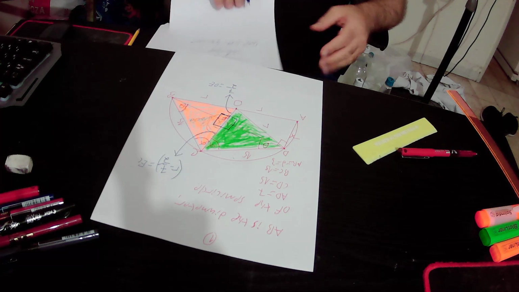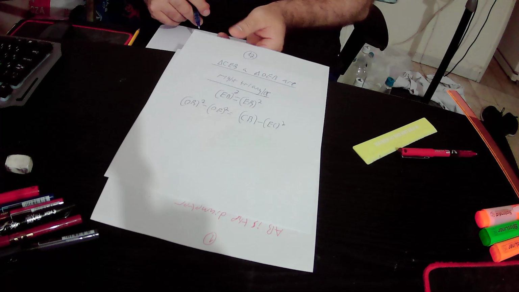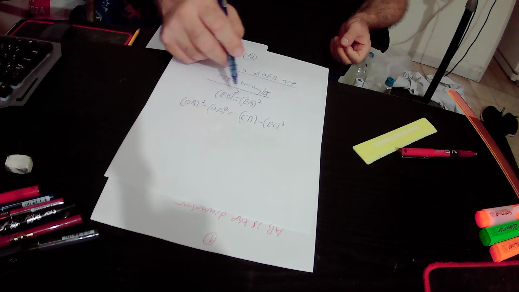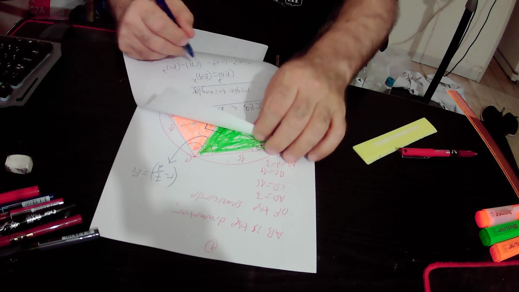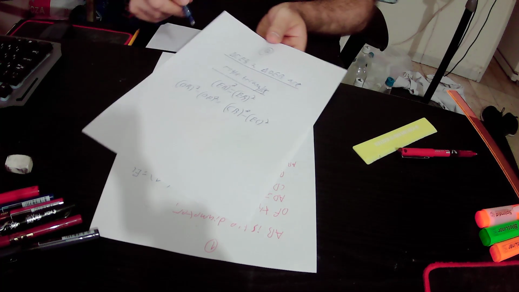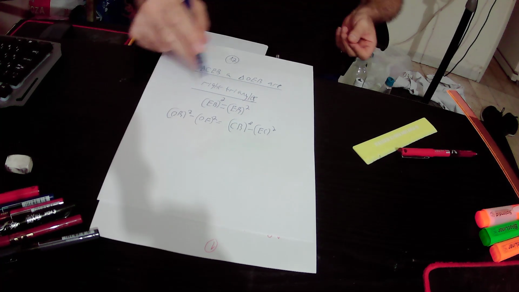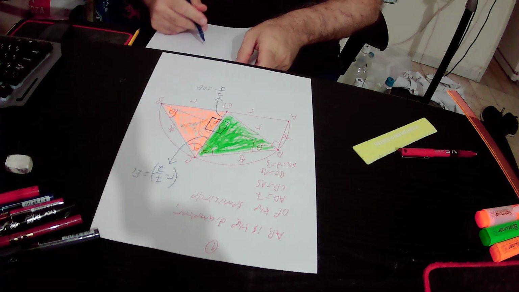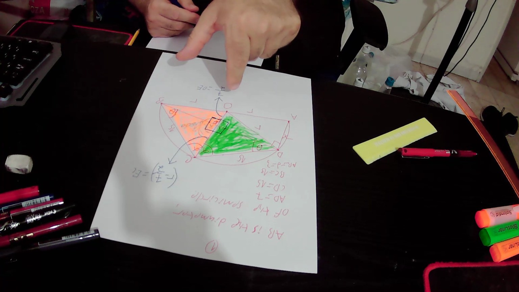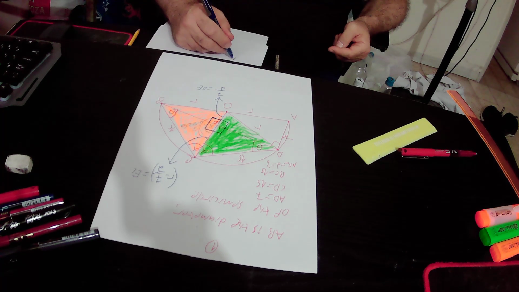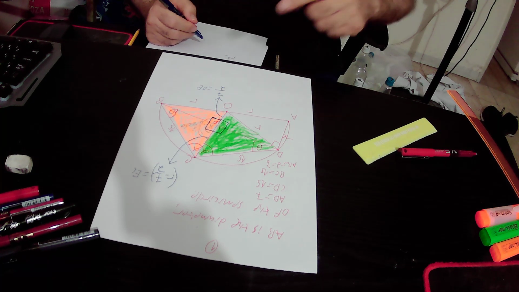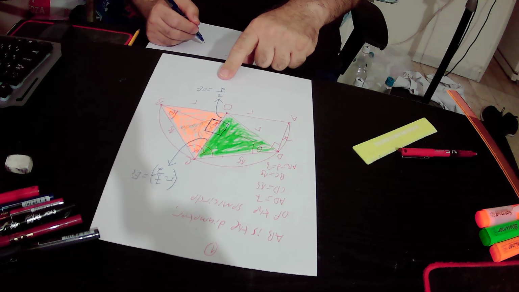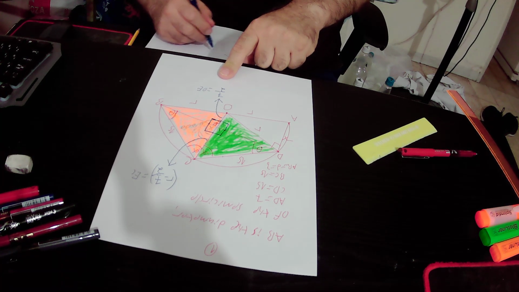So in total we got this equality: OB squared minus OE squared equals CB squared minus EC squared. But what is the value of OB? OB equals R. So OB squared is R squared minus OE squared. OE equals 7 over 2, so OE squared is 7 over 2 squared, that is 49 over 4